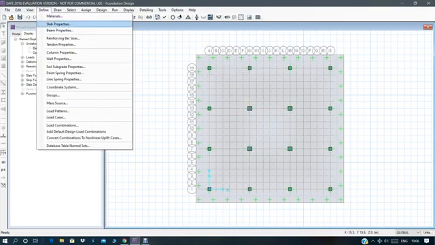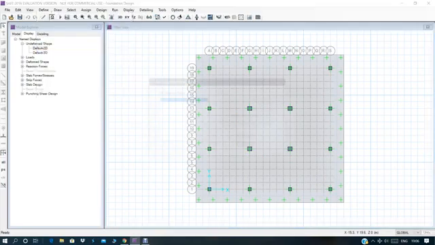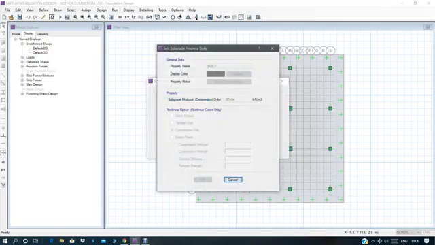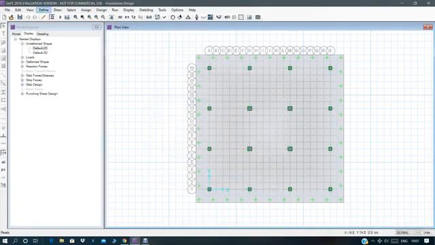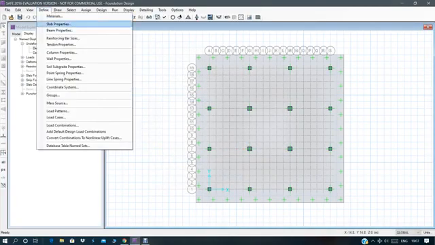So after defining material, slab properties, column properties, then we have to define the soil subgrade properties. Soil, modify. Here subgrade modulus we calculate from the formula: subgrade modulus equal to SBC by allowable settlement. These values will be given as per the problem statement. So it's coming 330,000 kilonewton per meter cube. So first material, then slab properties, then column properties, then soil subgrade properties.